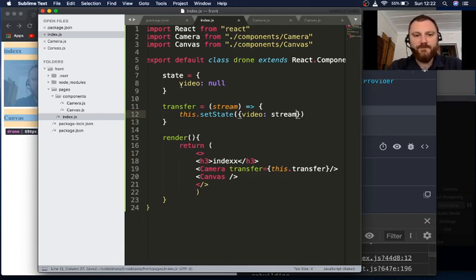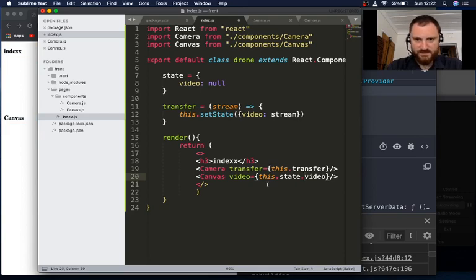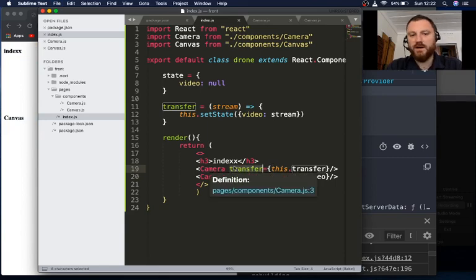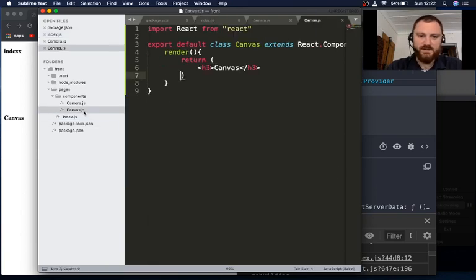Once I get it here, I can transfer it to the canvas component by putting it in the props. So the video will be this.state.video. I'll get a stream using that function by putting that function in the camera component. That allows me to transfer the stream into the local state of the parent, and then, since it's there, I can transfer it in turn to the canvas. Once I'm in the canvas,